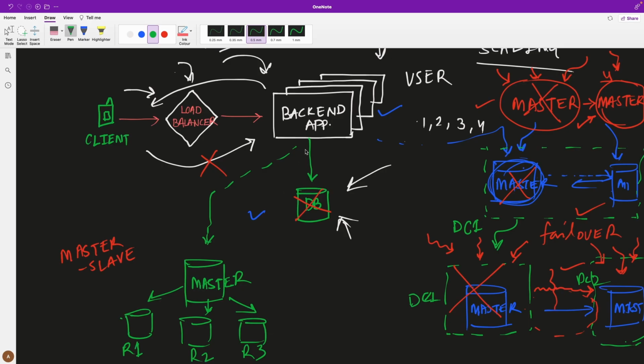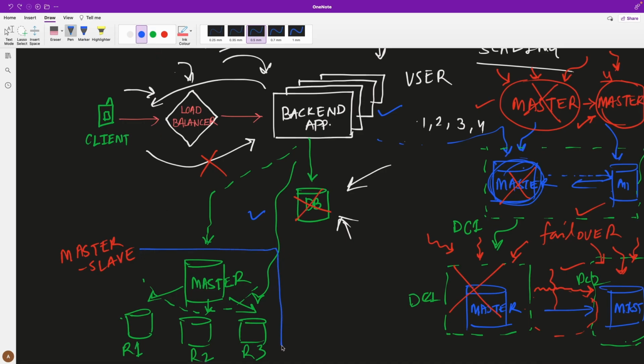Whenever the application wants to read some data, it can read from the master database or from the read replicas as well. So in this case, we tried to split our write traffic and read traffic based on the configuration that we were running. Why? Because read replicas might not have the exact data because of network partitions. And we also discussed that it's not a good idea to keep the whole configuration in one data center.